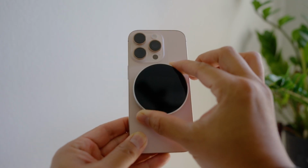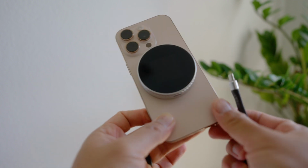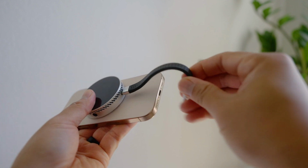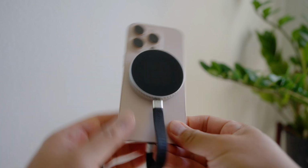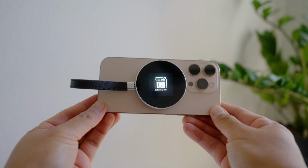So the first thing you do is attach the Dockcase SSD enclosure to the back of your phone thanks to the MagSafe connectivity. Grab a short USB-C cable capable of at least 10 gigabits per second. This one is 20 gigs per second. And once attached, the SSD enclosure will power on, and there you can see all the stats of the SSD